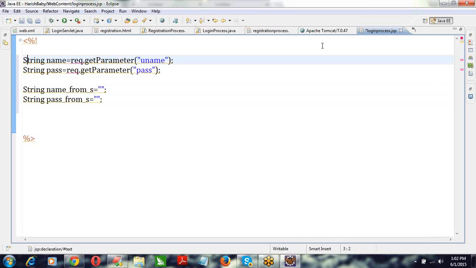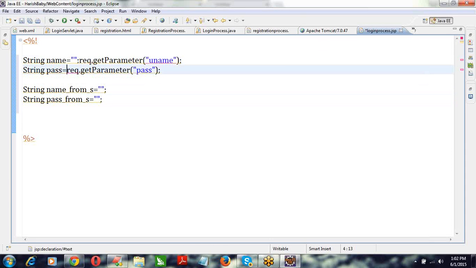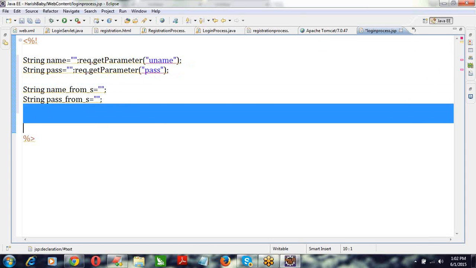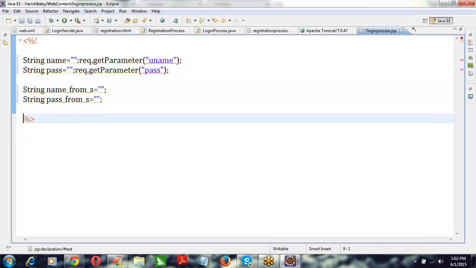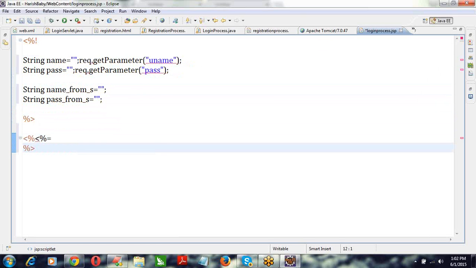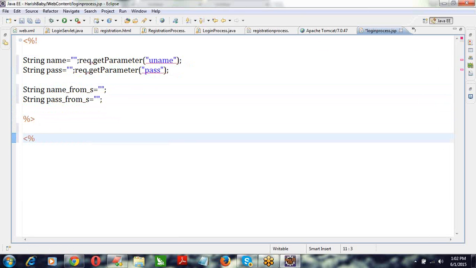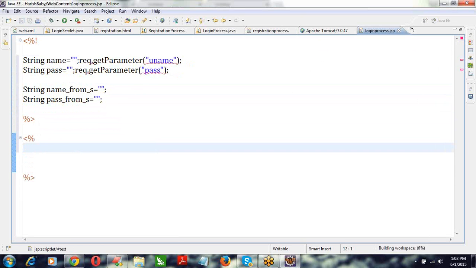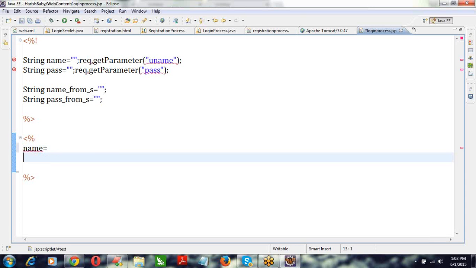So we'll do one thing. We'll initialize these two things here. What are the two things? One is the name and another one is the password. The scriptlet tag is nothing but your service method. In this scriptlet tag, get the two things: name and the password. So name is equal to